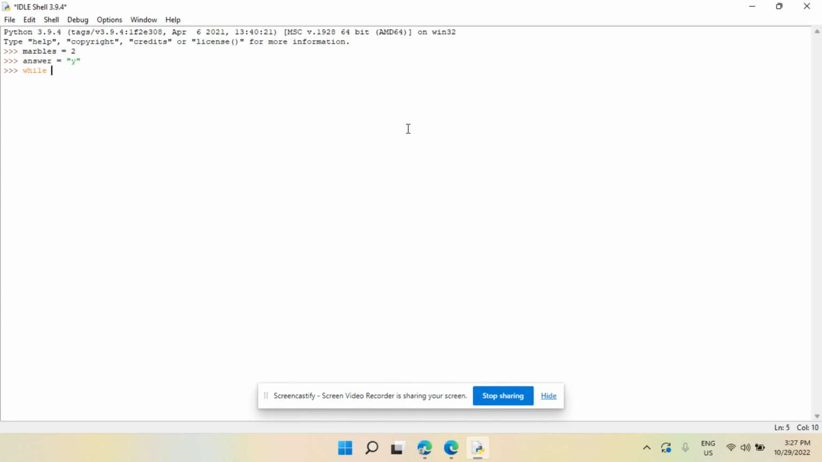We're going to set that equal to yes. And then now comes our while loop. So while my answer equals yes, colon, and then Python automatically indents for us, we are going to make marbles equal to marbles plus 1. So every time my program asks me if I want to add another marble,